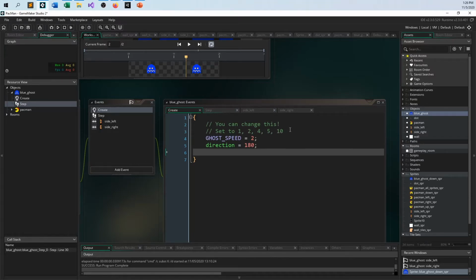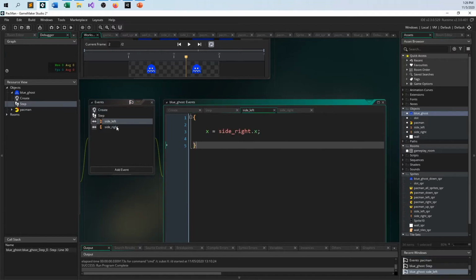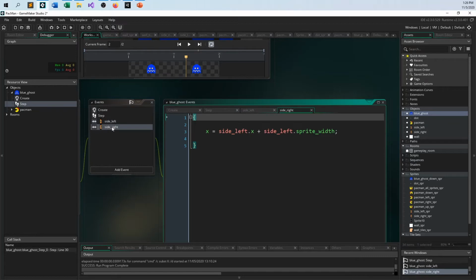And just to make sure everything is safe, I set the speed to 2. And I said direction is 180. So when the game first starts up, the ghost should move to the left at 2 pixels per frame. And I used the same exact code as the Pac-Man object for collision with side left, collision with side right. So when the character finds the edge of the screen and goes off, it'll wrap around horizontally just like